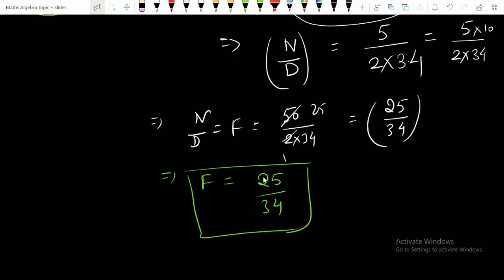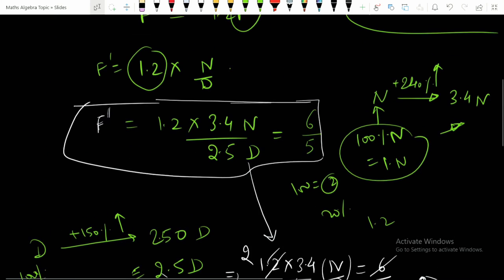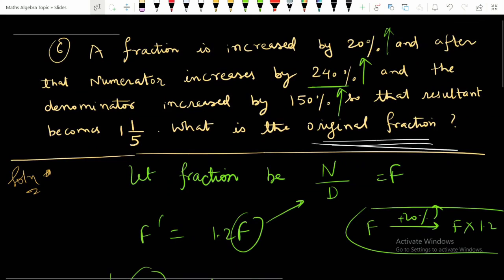In this way you have to solve percentage. There are many applications of percentage. In the next videos we will come with profit and loss chapters, then ratio and proportion, alligation of mixtures, simple interest, compound interest. Percentage is used in every chapter of mathematics, so it's very important to know how to use it. Learn by heart the fractions, decimals and percentages. It will be used everywhere, and in the DI section, data interpretation, also.